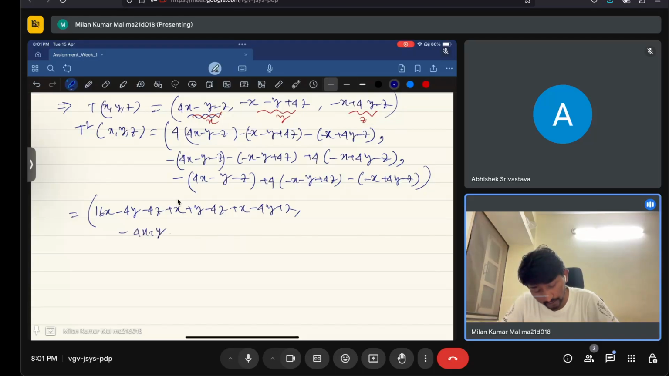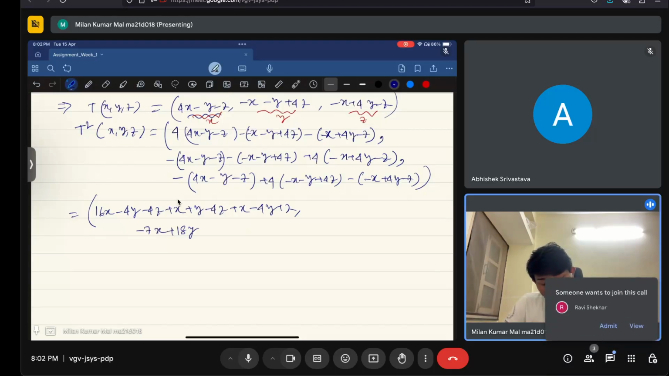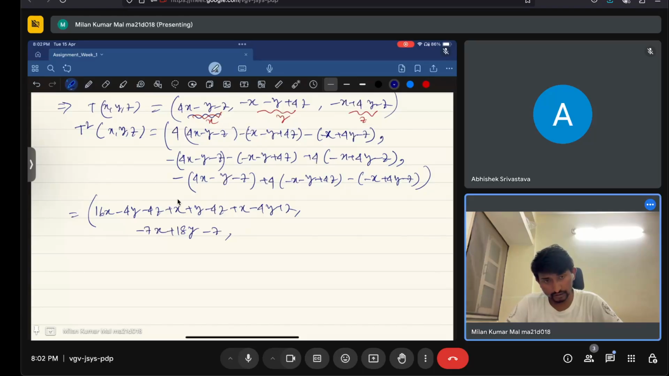comma, and for the next component, let's sum the coefficients: minus 4 plus 1 minus 4 is minus 7, so minus 7x, plus 1 plus 1, 2, plus 4y, 16y, that is 18y, plus z minus 4z, that is minus 3z minus 4z, that is minus z. Okay, next one is